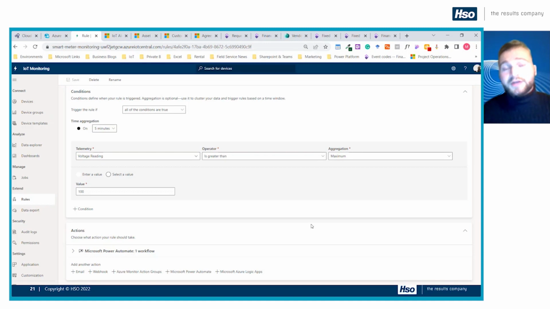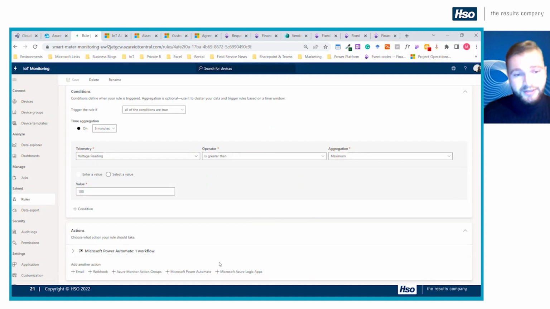Or if we take the water example again, that we are losing water, something like that could be sent out via an email to a supervisor. He can react on it. Sending out an email if you lose water is maybe too late. So we want to maybe act immediately. That's why we can use Microsoft Power Automate, which allows us to connect within the Microsoft Business Applications ecosystem and, for example, immediately plan a technician or close the valve of the water pump,